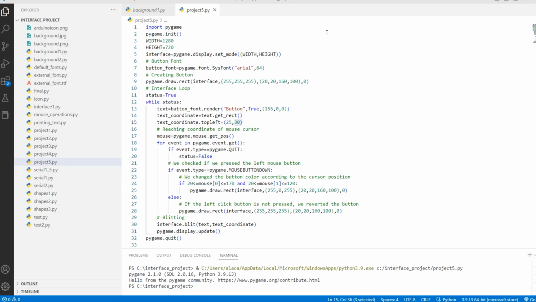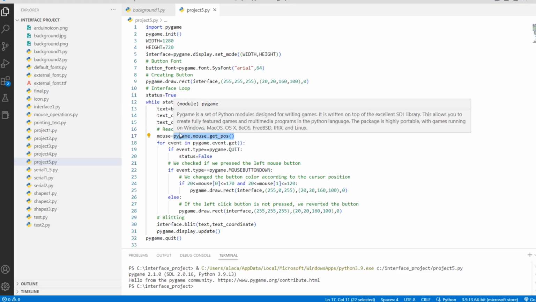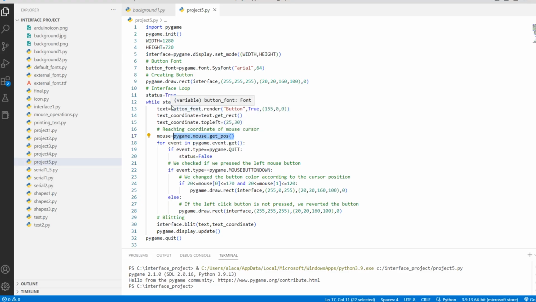Of course, in order to learn the cursor position, we created a variable named mouse, so you can see here, and called our getPos function in the mouse file in Pygame to these variables. So here, as you know, mouse movements, window keys or keyboard movements are kept in the get function in the event.